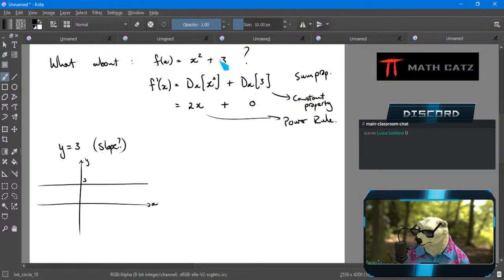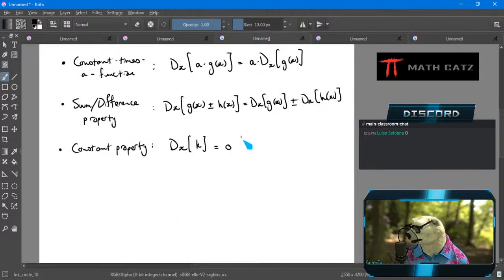All right. So a lot of things happen here, though. All the properties come together to give me the answer. First, I had multiple terms. The sum property was first. Then I could look at them in isolation. Well, the first term was just the power of x. Power rule handles that. The next term was a constant. I now have a constant property that handles that, and I can simplify it and be done. So all of these guys come together,